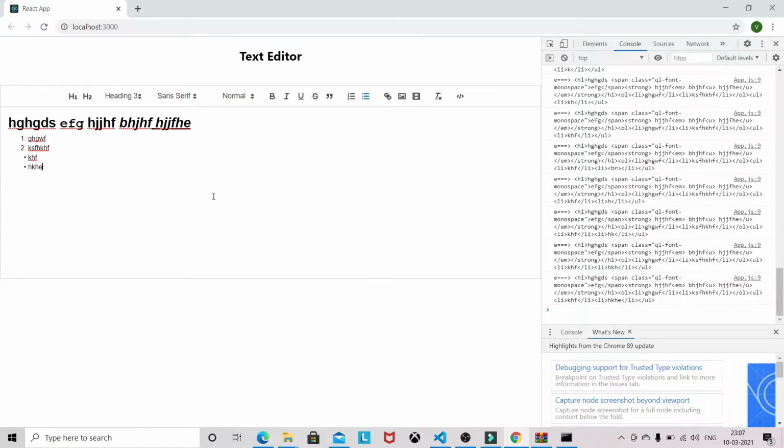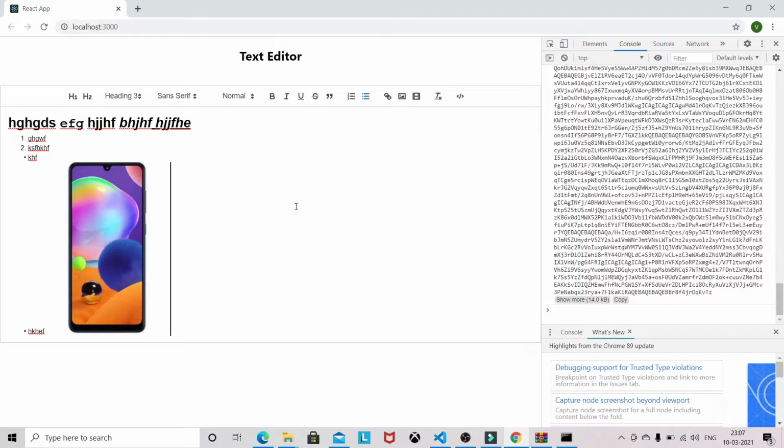So this is the advanced editor, and you can also upload the image. So upload the image also. So how are we going to implement this in React JS?